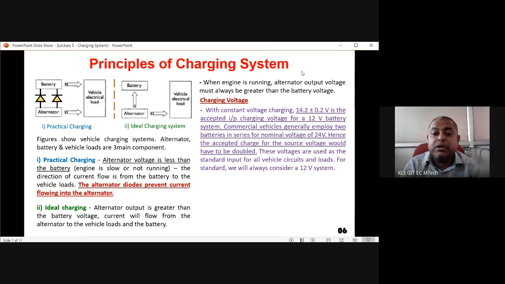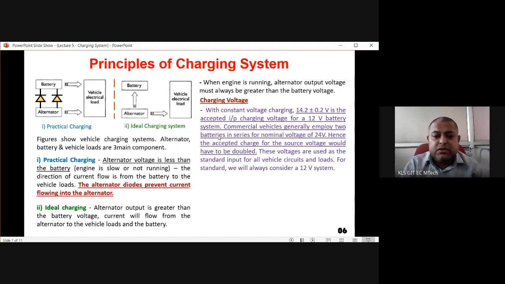So even if it is 14.2 plus or minus 0.2, when it is charged, it should be having more charge, that means more capacity. And where is this voltage coming from? This voltage is coming from the alternator after rectification. So the alternator should be generating a big voltage, that should be converted to DC, and that should be given at a level of 14.2 plus or minus 0.2, and this 14.2 plus or minus 0.2 volt should be able to charge two 12 volt batteries, and these two 12 volt batteries are connected in series to produce a 24 volt battery source for any vehicle. This is a very important thing you have to understand.